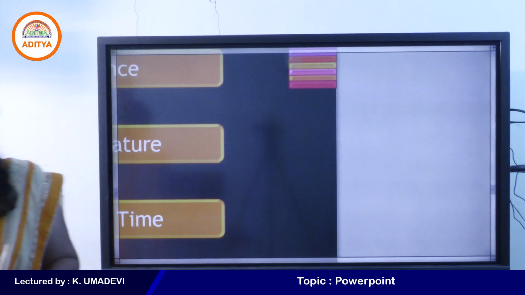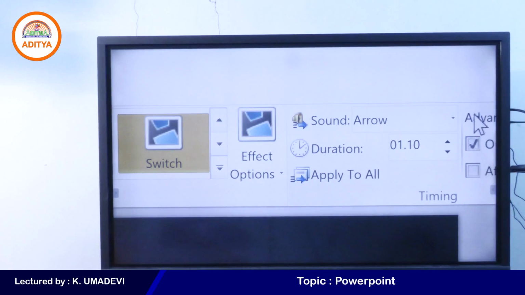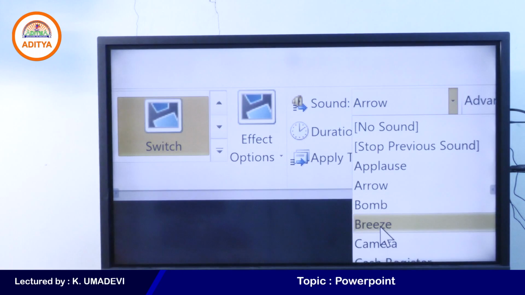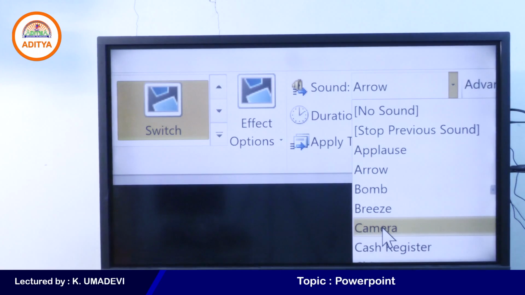Now here I'll apply applause, arrows. Which is better, students? Camera. Like a camera click, okay?